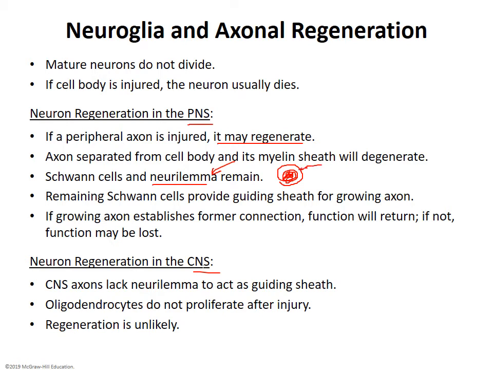This bubble on the outside where the cytoplasm is and the nucleus and all the other normal cell stuff is, they call it the neurolemma. So what happens is if I have damage on an axon in the peripheral nervous system, the Schwann cell will remain where it is. And that allows for the axon to know where it needs to go,